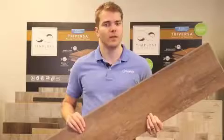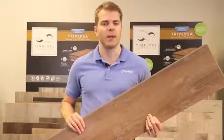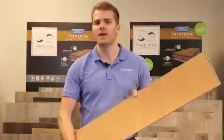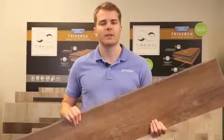Triversa by Congoleum is a great solution for just about any interior space in your home. Triversa is rigid, strong, and easy to install. It's 100% waterproof, making it ideal for wet areas like kitchens and bathrooms. Triversa contains a natural cork backer that minimizes sound and is comfortable underfoot. Triversa also floats over your existing floor or subfloor with no adhesive or glue, so it's fast, clean, and easy